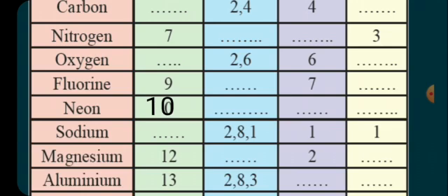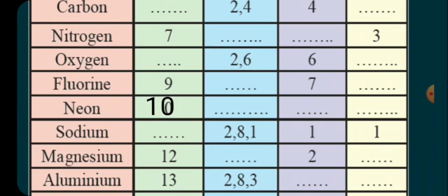Sodium atomic number 11, electronic configuration 2, 8, 1, number of valence electron 1 and valency is 1. Because this number of valence electrons is less than 4, the number which is present as valence electron itself indicates the valency. Magnesium atomic number 12, electronic configuration 2, 8, 2, number of valence electrons 2, and the number 2 is less than 4, therefore it will represent the valency of magnesium. So 2 is the valency of magnesium.